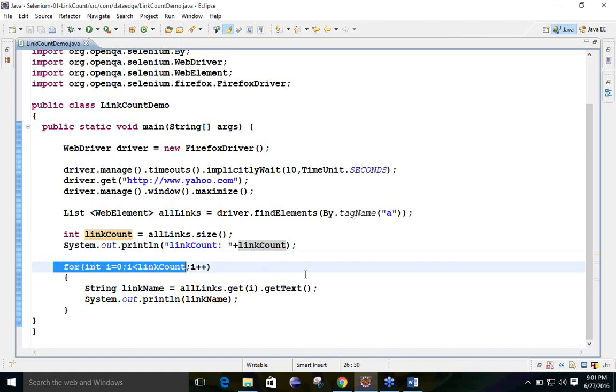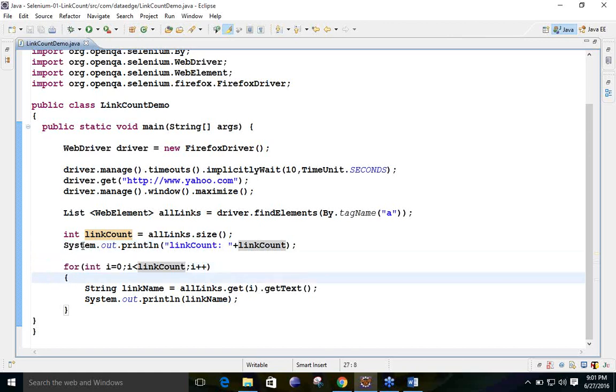Sarnan, it will be more clear. Just now you have done this for loop. So what is the condition of this for loop? It is going to start with 0 and it will execute till the number that is present in the link count. If it is 10, it will execute only 10 times. Getting it, Prasanti? Yes, Vikram.